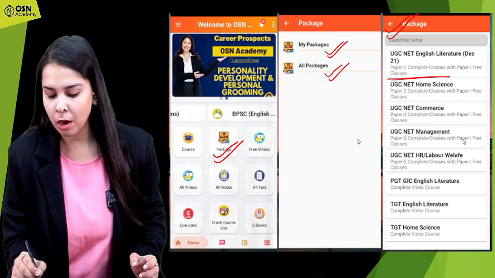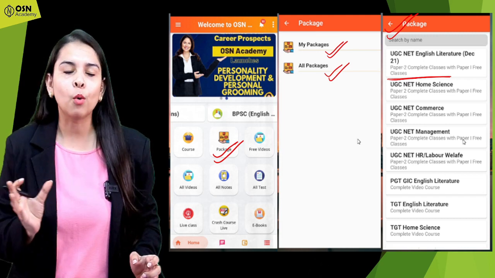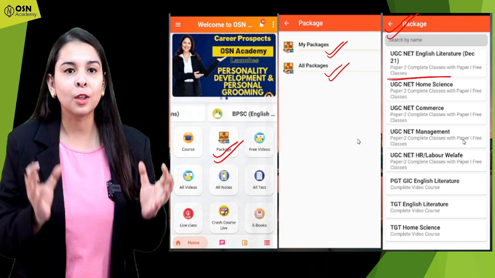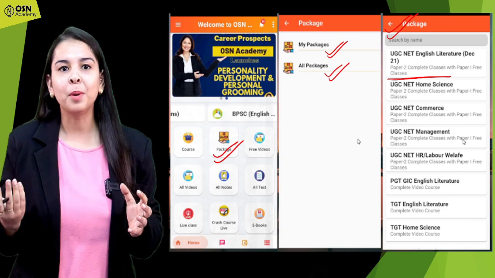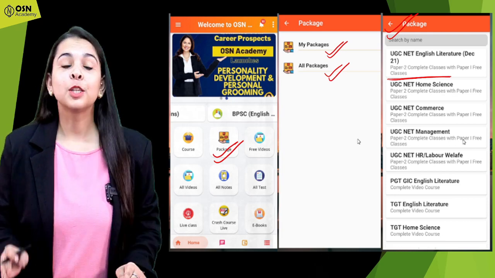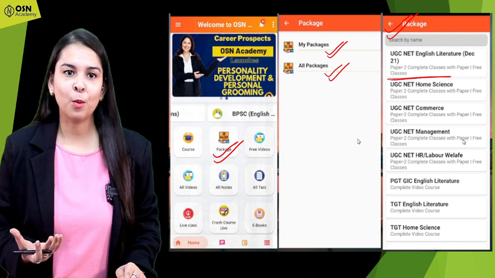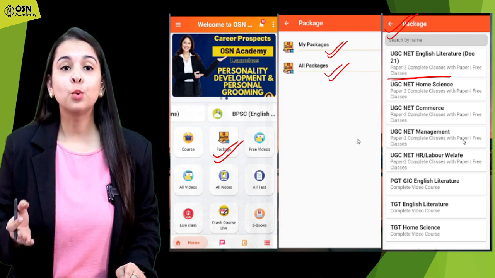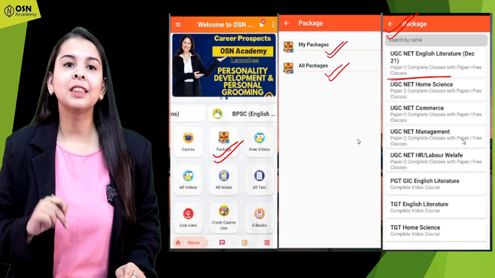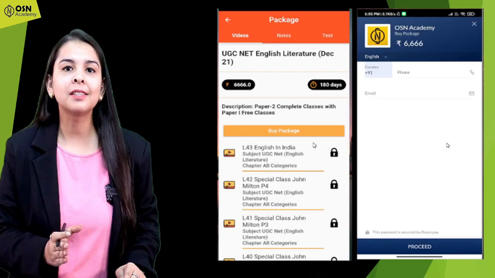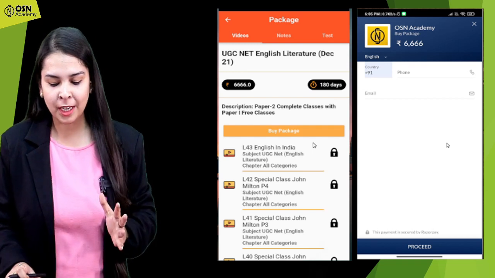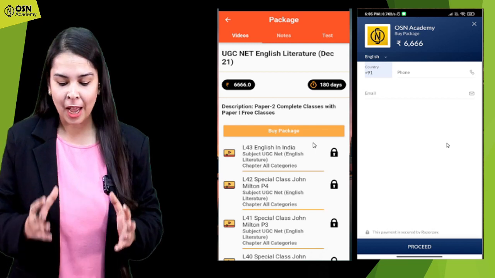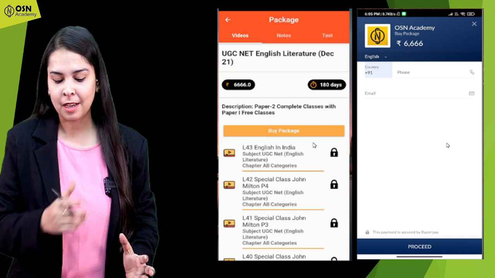In the description box also, you can see what things you will be getting in those courses. All the information regarding what the course is, and if there is something free or complimentary, that description will be provided here. After deciding which course you want to purchase, for example, if you have to choose English literature, you go and click on this English literature course, and after that this screen will appear. This screen will give you the information you would be requiring regarding your course.